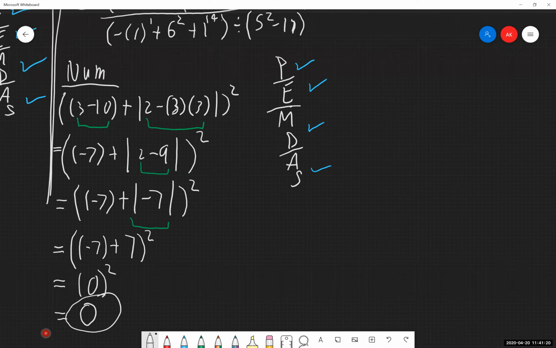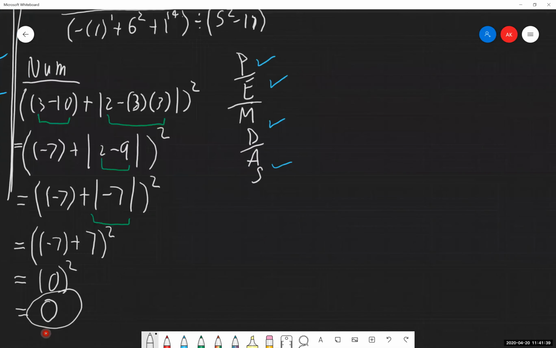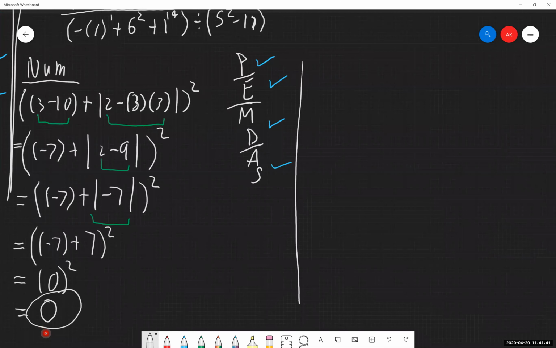And now at this point in time, you might be thinking to yourself, well, okay, hold on. My numerator is 0, and 0 divided by anything is just going to be 0. And that is mostly true. I'll give you guys a second here to think, as I'm writing out the denominator, there is one thing that we cannot have in the denominator spot because we do not know the answer to it if we divide by it. So I'll let you think on that here for a second while I write this out, and then I'll let you know what that number is.